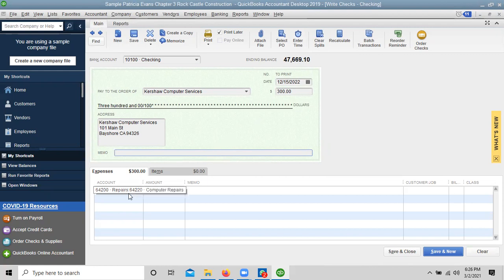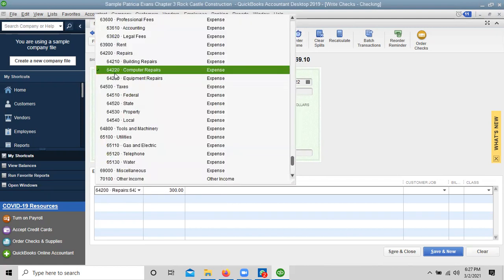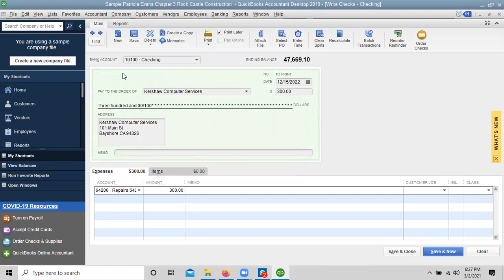Make sure that it's an expense account because you're paying a bill. So you want to make sure that the account number is matching what the book is telling you. If it doesn't, you can just type in the account number and it will bring you to the section it's supposed to. You make sure that the amount is here. Then once this is all done,